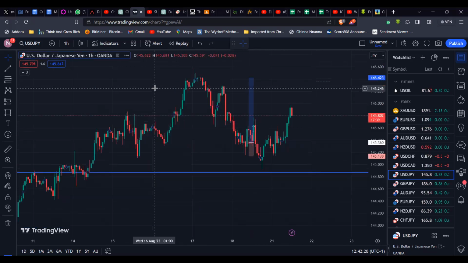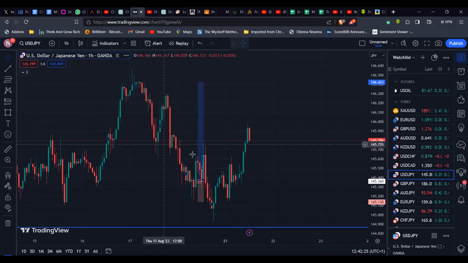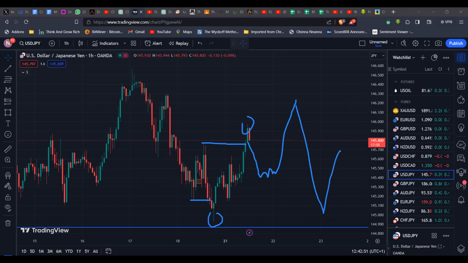So let's zoom out a little bit. You can see we begin to shift bullish here. So let me just clear this. We began to shift bullish here. Price made a low, then now we've just made a higher high. This is just the first higher high. So we can probably expect price to drop down into here, and then maybe make a new higher high. If that happens, I'll keep following this move until the market decides to make something like this, and then I'll stay away from it and focus on other pairs.